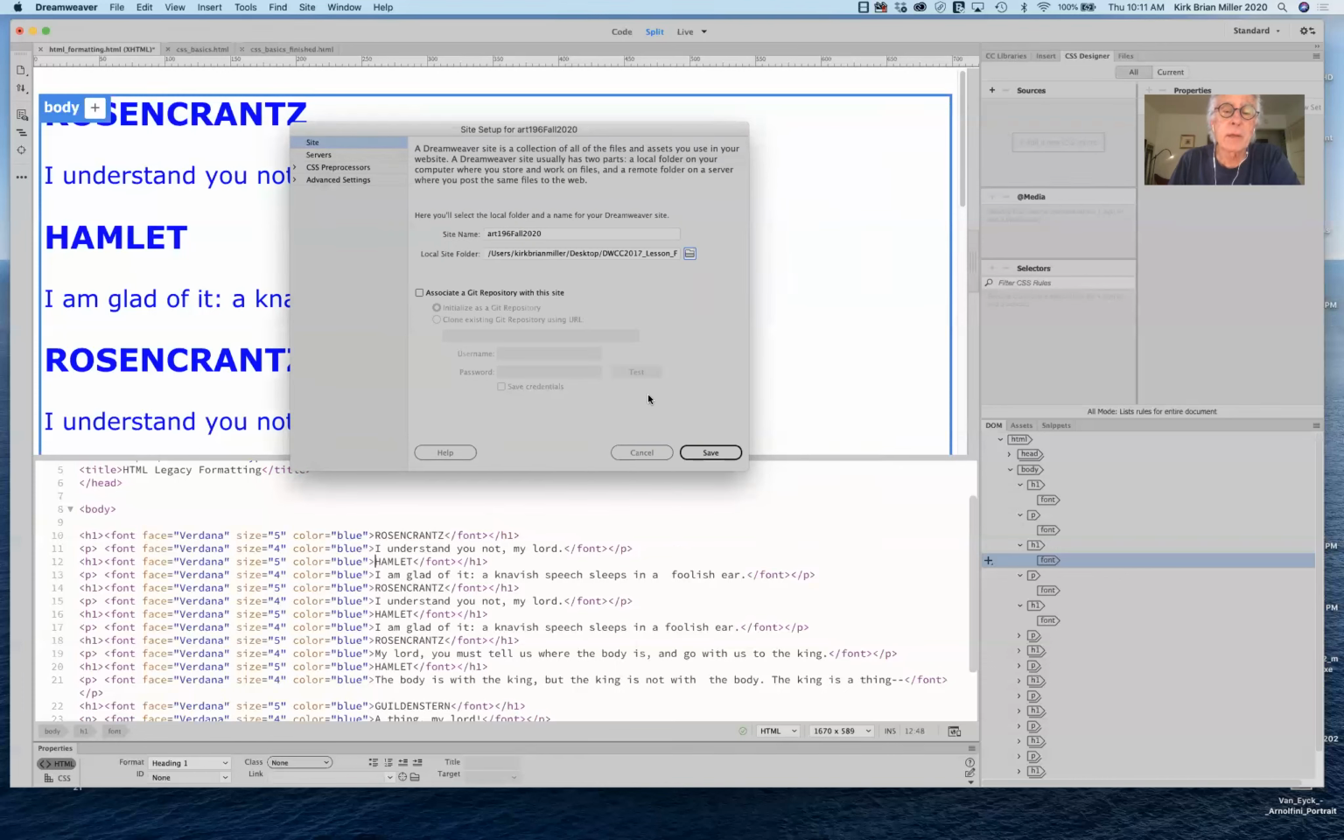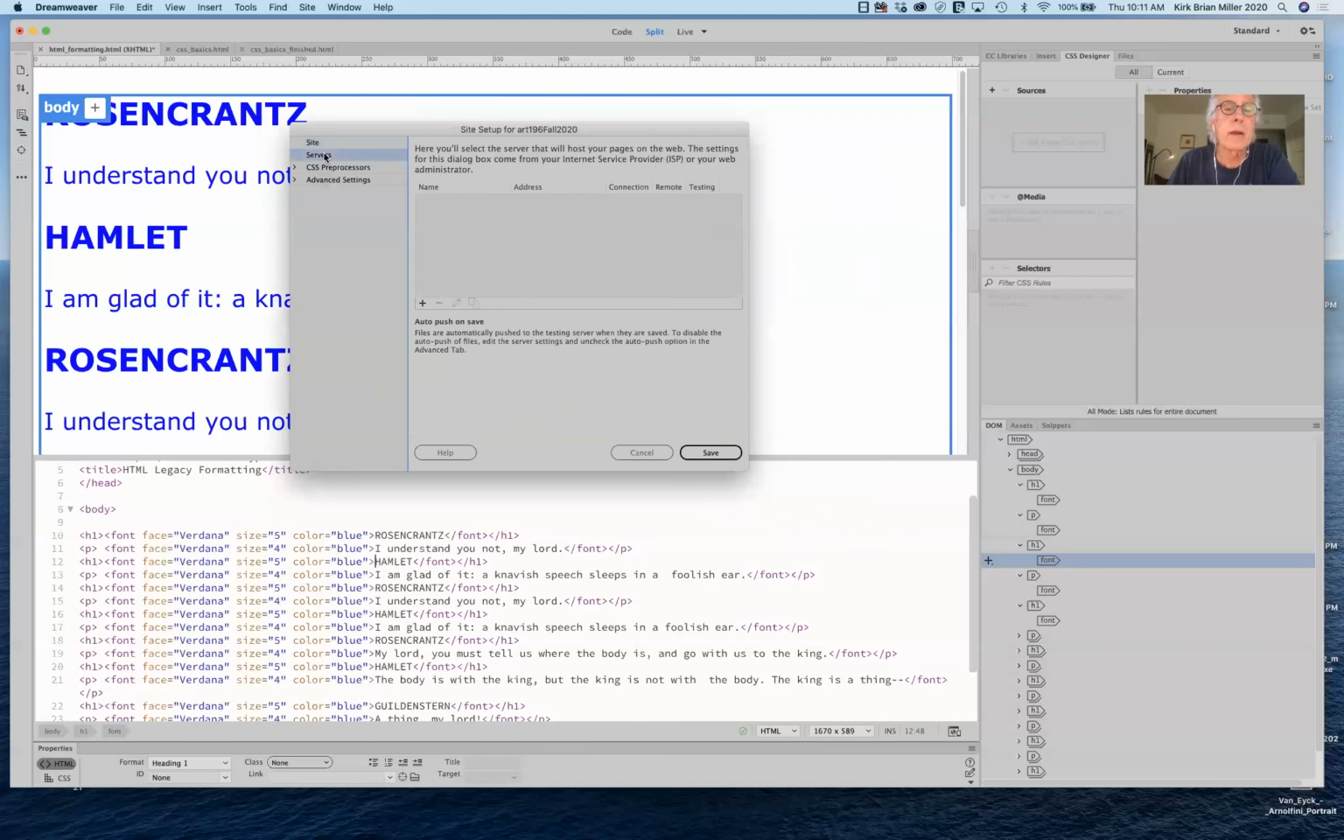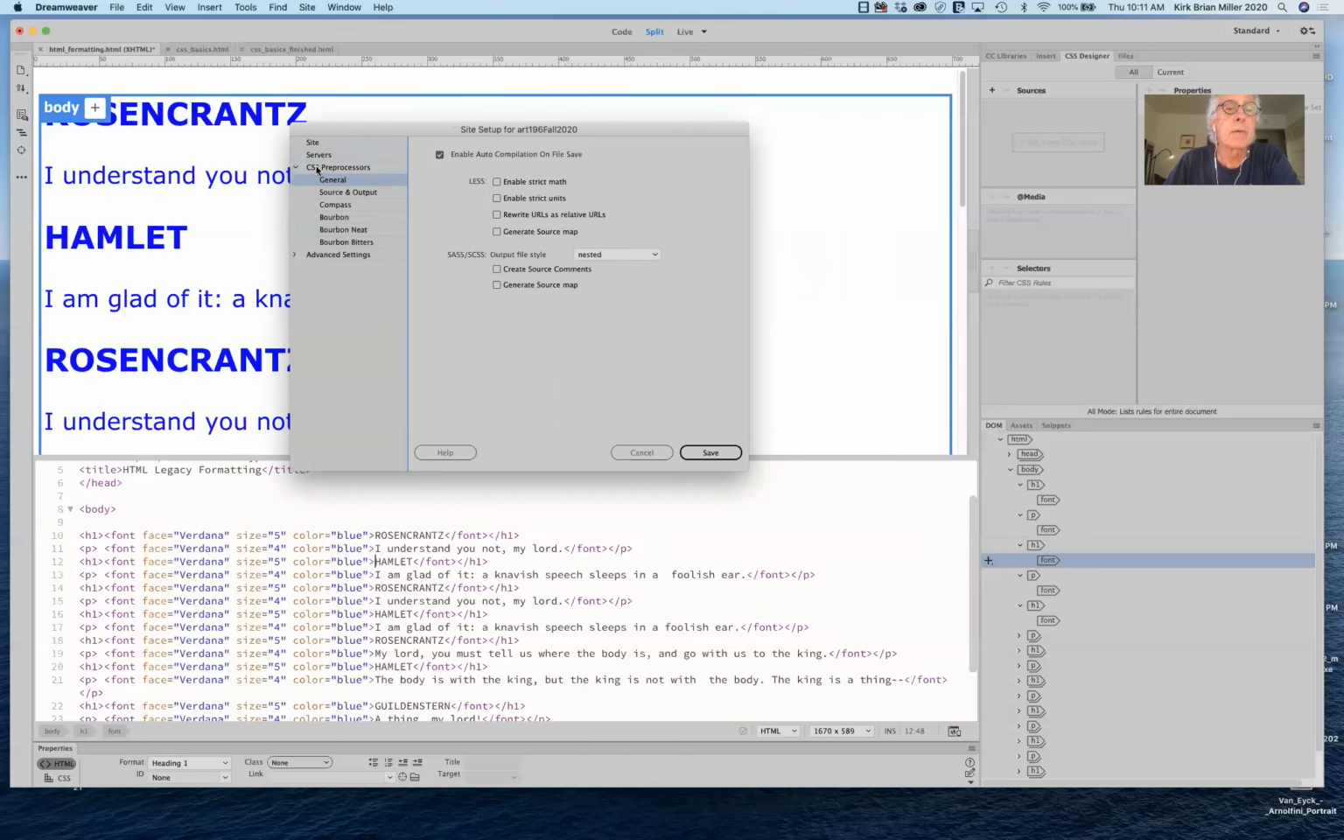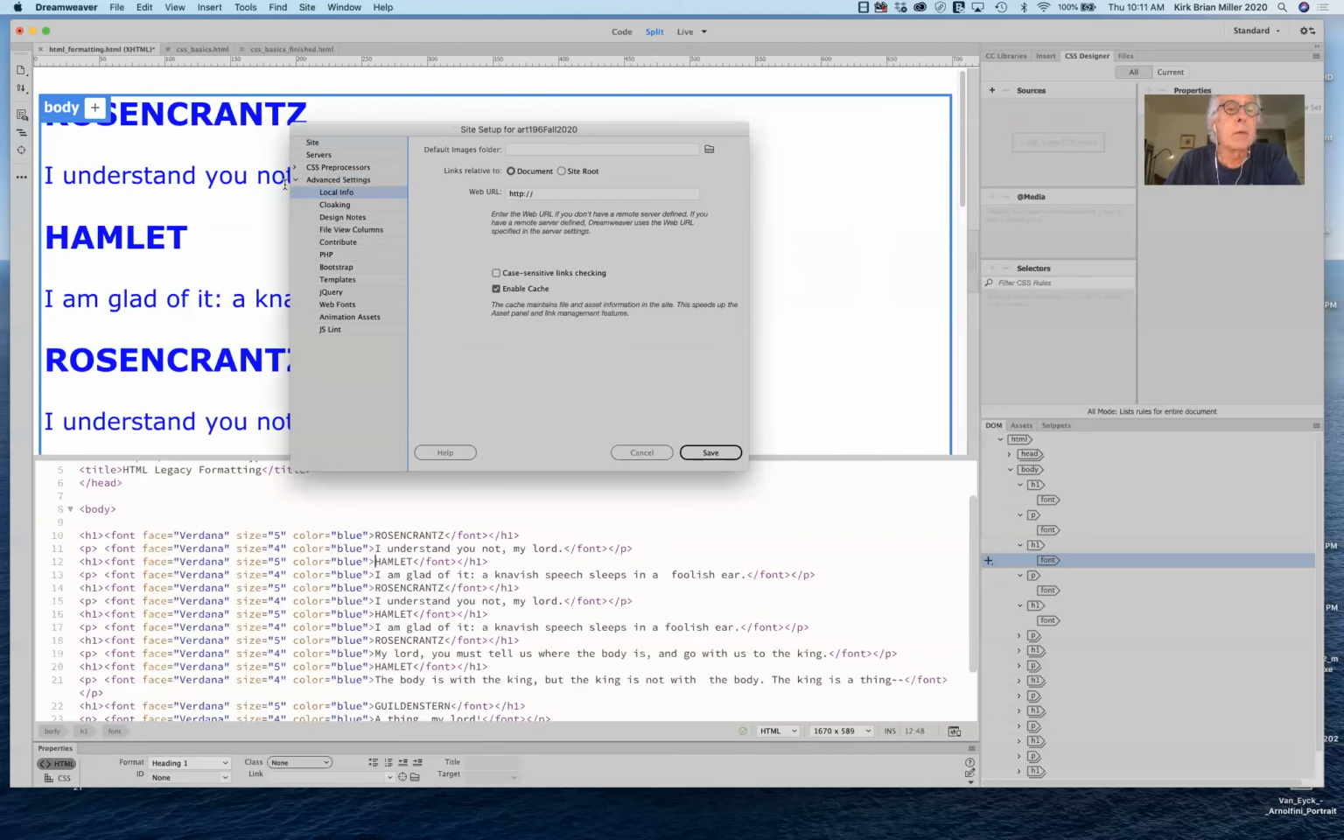And then the next thing that you need to do is that later on, we will create a new server. That's what you'll use to publish your lessons. We don't need to use that right now, okay? But what we do need to do under advanced settings is the very first one, local info. Typically in every single site folder, there is an image folder that you want to link to. And we do inside